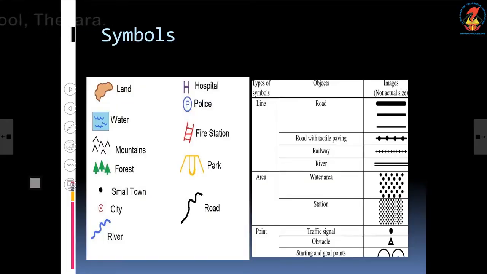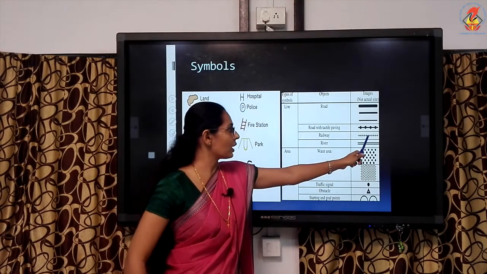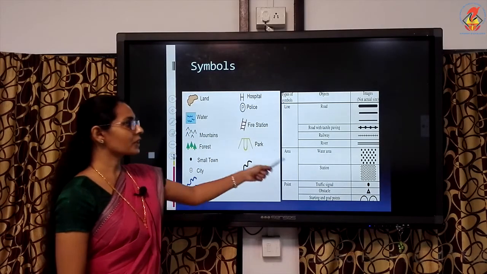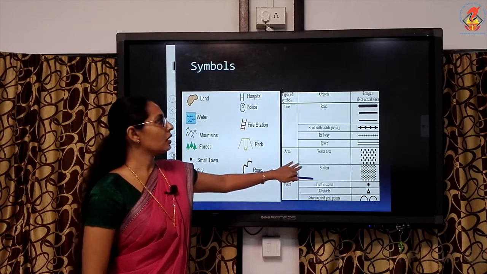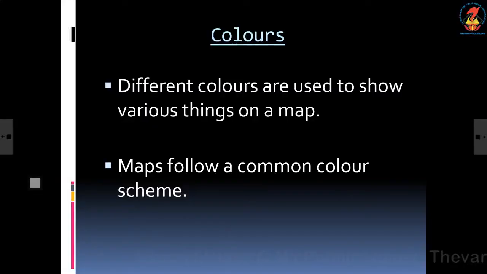Then also the line, road, and railway tracks are shown like this, water area, then road. These all things we are showing with these particular symbols. Clear, children? So this is the third feature. Now next one, the fourth important feature of